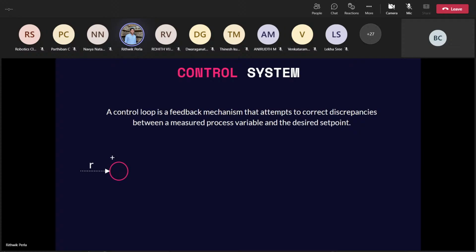Which runs again and again, takes input, process, output, input, output. Like it happens continuously. Now,